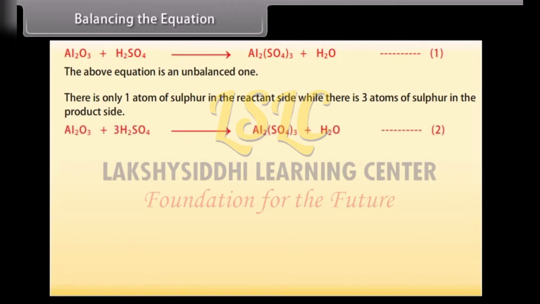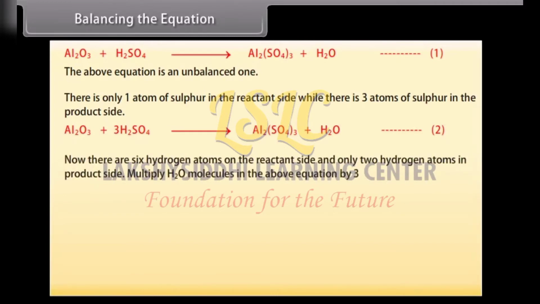Al2O3 plus 3H2SO4 gives Al2(SO4)3 plus H2O, equation 2. Now there are 6 hydrogen atoms on the reactant side and only 2 hydrogen atoms on the product side. Multiply H2O molecules in the above equation by 3. Now equation 2 becomes